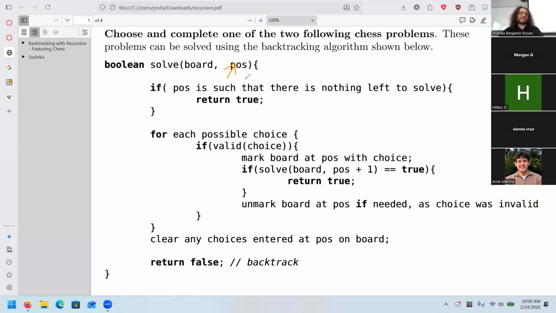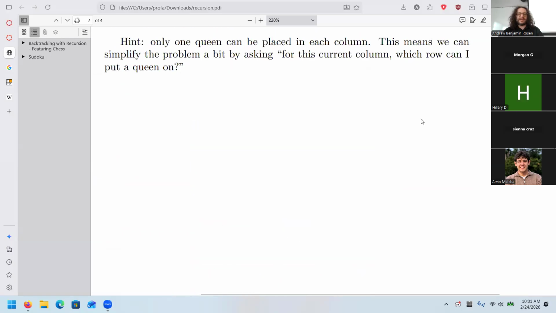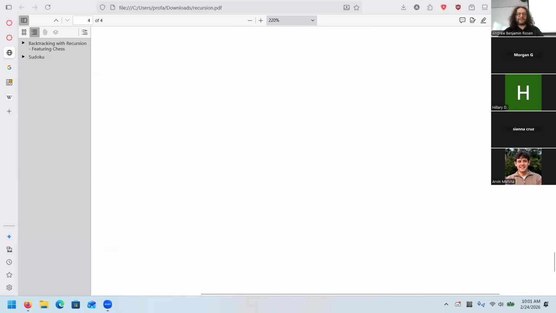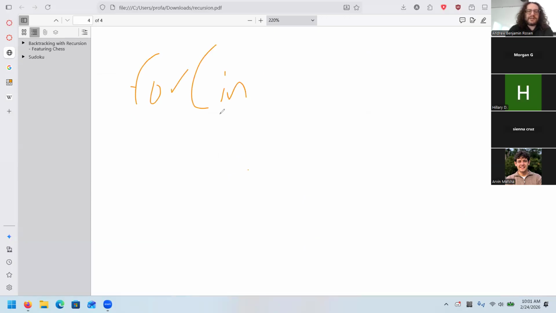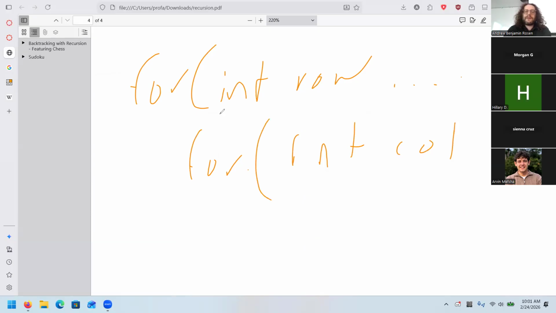But anyway, this position over here is very important. One of the common things I see in my Sudoku puzzle that is incorrect is that students basically don't pass in the int row. They do for int row, for int column, and then they do an if statement to check if row column is valid, if it's open, and then they try all that.